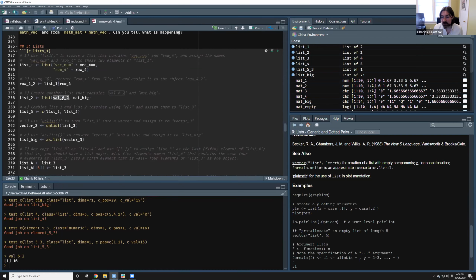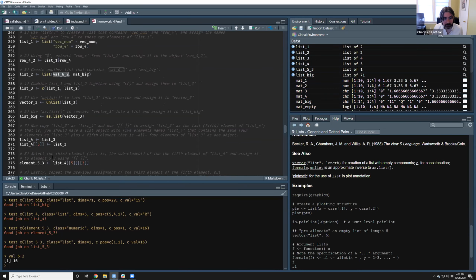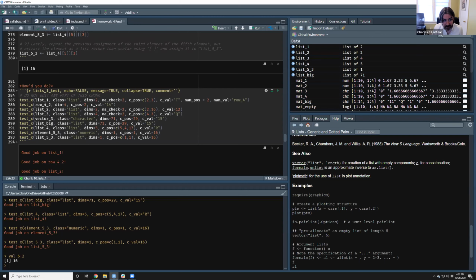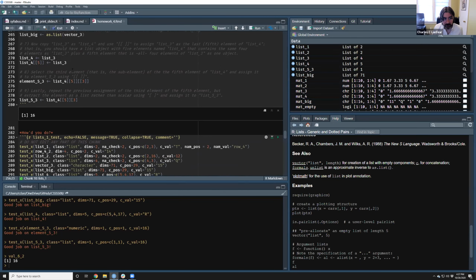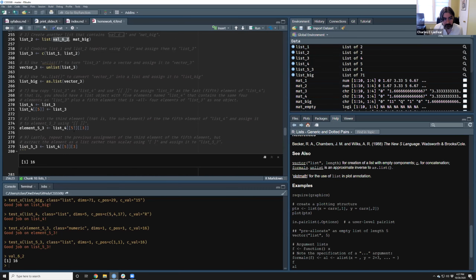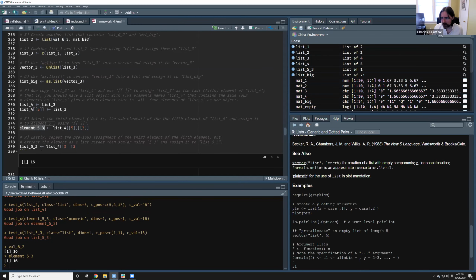Is your val 6.2 from the vectors or from the matrix? I remember this is from the matrix one. Is this a numeric? So that's coming out numeric and looks fine. But this is coming out and saying element 5.3 is not numeric. You might look, so element 5.3, check element 5.3 and your console returns 16.